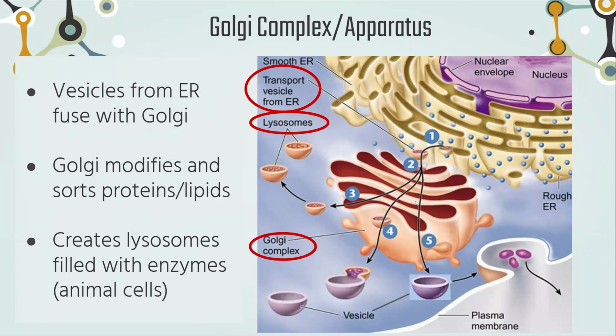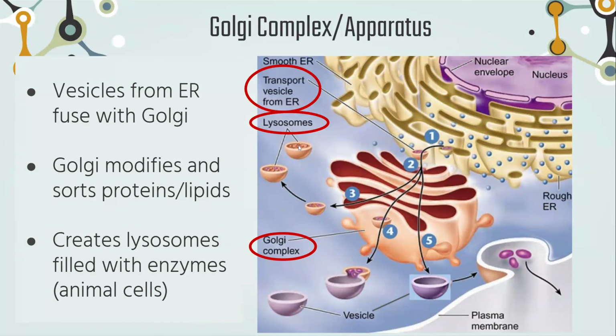Next, we have the Golgi complex or the Golgi apparatus. And remember those vesicles that transport materials? Those vesicles come from the rough endoplasmic reticulum or even the smooth ER, and then they fuse with the Golgi apparatus. The Golgi apparatus then modifies the materials coming in and sorts those proteins and those lipids that were formed in the endoplasmic reticulums. And then they also create these things called lysosomes that are filled